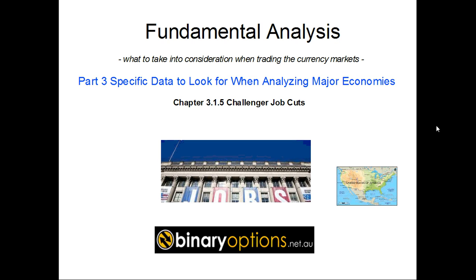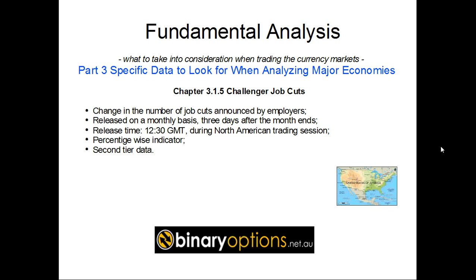Now, the Challenger name comes from a company in the United States. I don't know exactly the name, something like Challenger, Gray and Christmas. But this company deals with payrolls and with levels of employment,